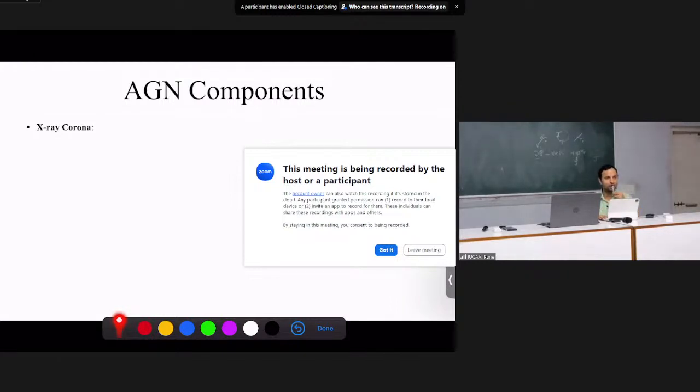Why do we need X-ray corona? Because when we observed these active galaxies, we found them to be bright X-ray emitters. They are bright in X-ray bands. But the problem is that